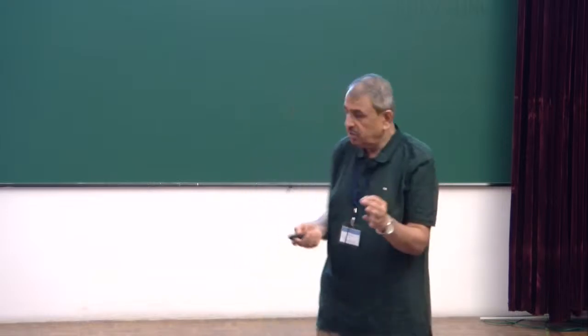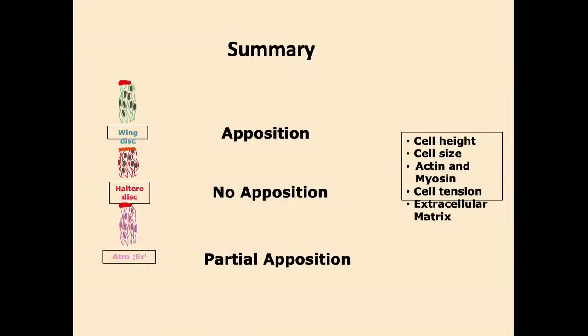So the modeling helped to take 3 or 4 parameters for which we have observational evidence and see whether those parameters are good enough to explain the end result. Because we know what is in the disc level, we have some information at the early pupal stage, and we know the adult structure, because that can be observed. What happens in between is a black box, and that's where the mathematical modeling has helped, because he could show that these 3 features